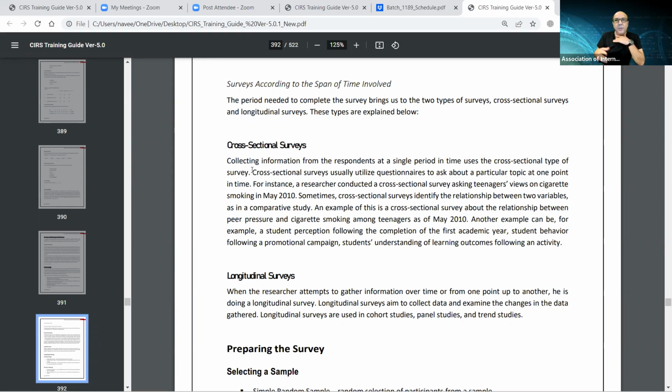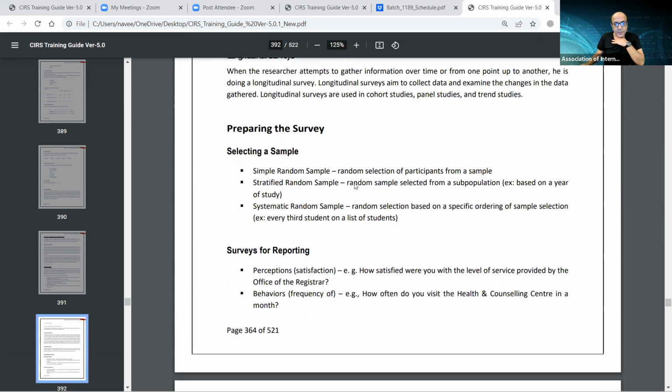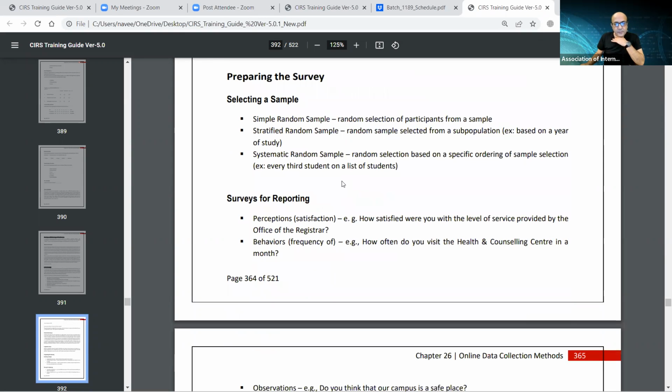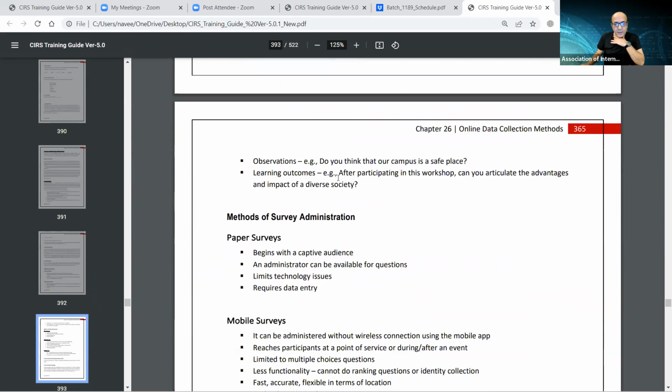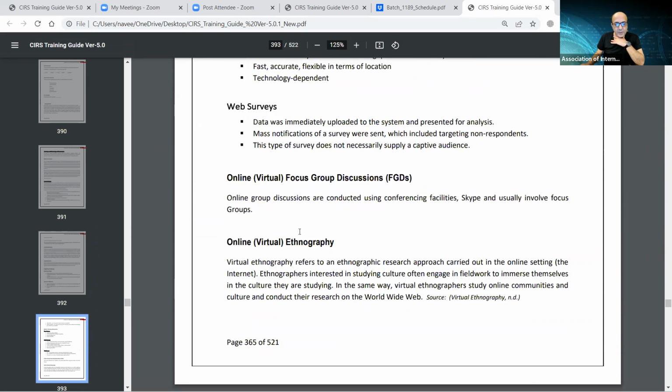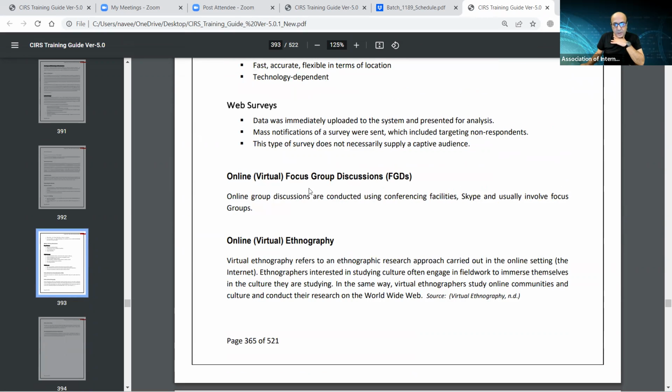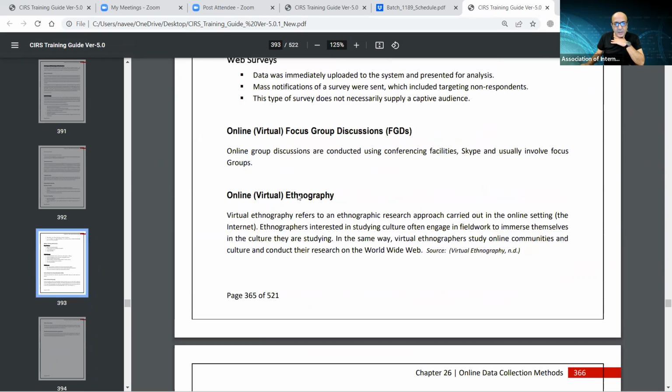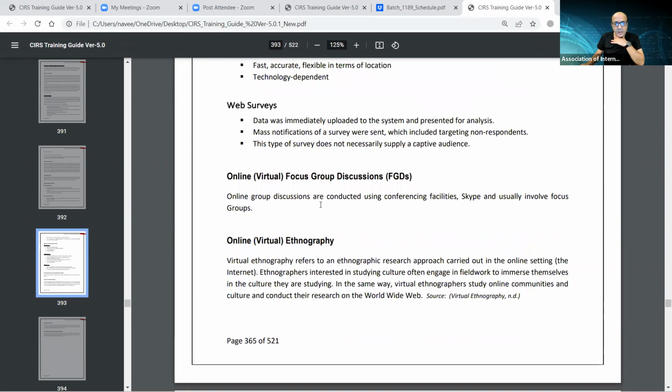So if you are getting better response in a certain social setup, and you feel that more issues are coming up and there were more questions than answers, then perhaps you want to add those to your surveys in the next round or in the next phase. And so it continues, and that is a longitudinal survey. We have done sampling already, so that's covered. So all sorts of surveys: web surveys, paper surveys, and so on. Important topic, something that you may be asked in the exam. And this is the reason I'm scrolling through this.